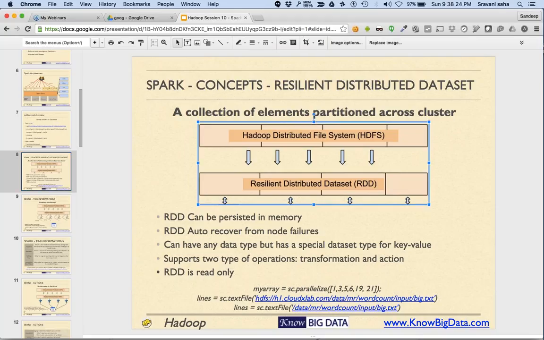Now, the core idea behind Spark is the RDD, the resilient distributed data set. It's essentially a data set that is distributed across multiple computers. It could be either the pointer to the actual location of the data or it could be actual data. A resilient distributed data set is essentially a data set that is distributed across the cluster.